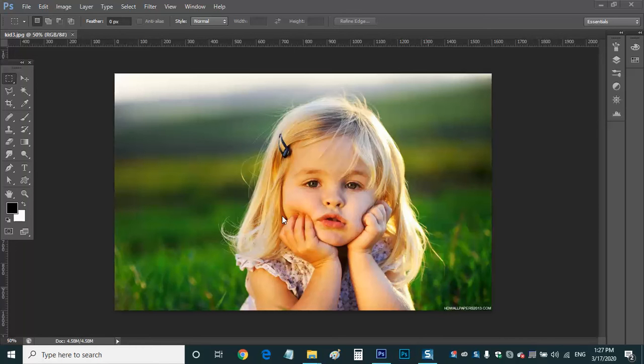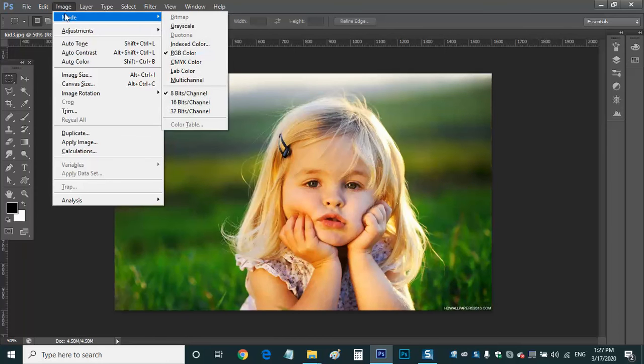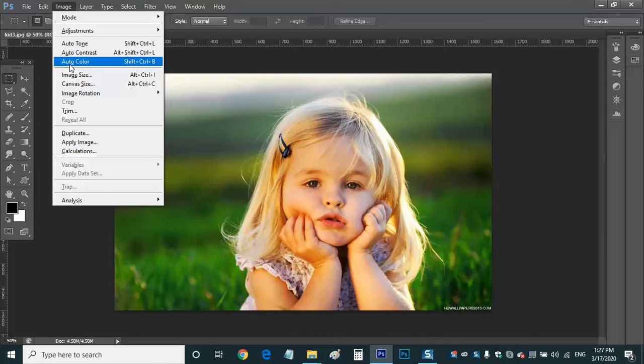So I open this picture here, and this picture is open, and I am going to one menu called Image. We have different menus here, you can see, and there is one important menu called Image. If you click on this, you will get different options, like Mode, Adjustments, Image Size. We have many options here. Under this you can see there is one option called Image Size. The shortcut for this is Alt Ctrl I, Alt Ctrl I it is.